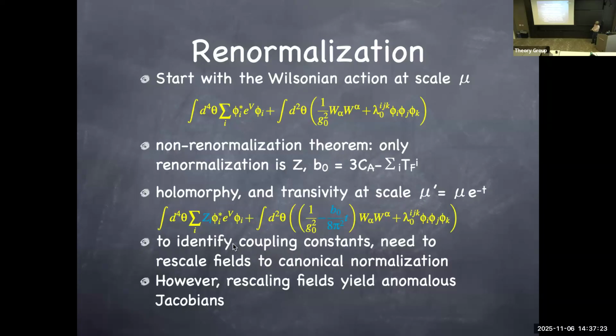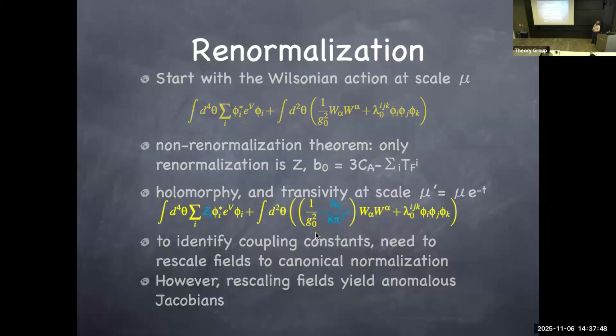But it turns out that even though the gauge coupling seems to run only at the one loop level, in order to really read off the beta function, you have to change the normalization of the gauge field, absorbing the gauge coupling constant to make the kinetic term canonically normalized. That's what we do normally in QFT textbooks. And when you do that, the scaling of fields, actually the path integral measure, is anomalous under that.